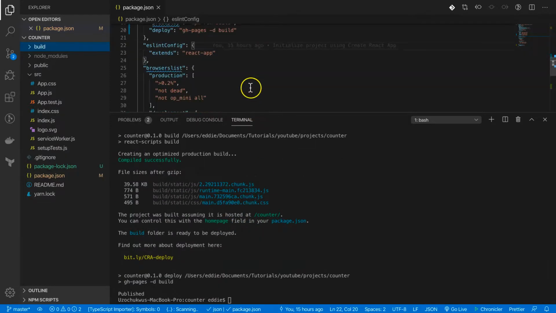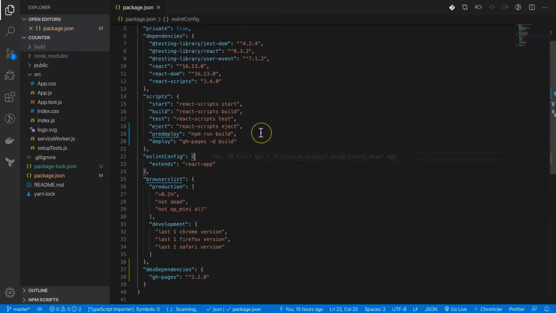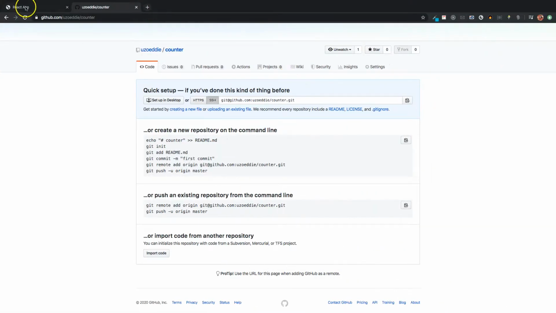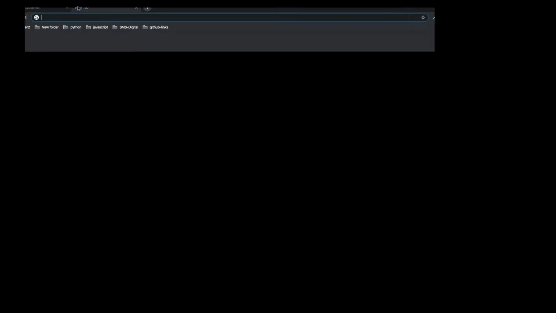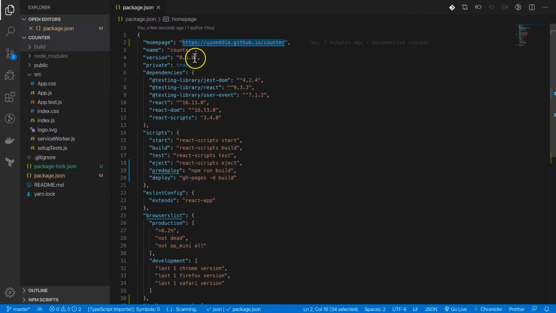And now after running the build here, it ran these scripts as well, and then the next thing was to deploy, running this deploy command. Now it says the app is published, and you can see it ran the GitHub Pages because it first created this build folder. So now let's try and see if we can access the application. Let me copy this part. I will just close this right here, and let's see. And now you can see I have the app here, and you can see the URL is